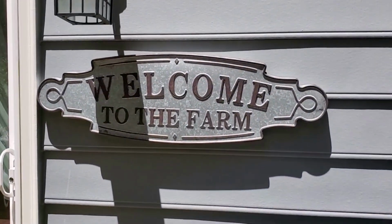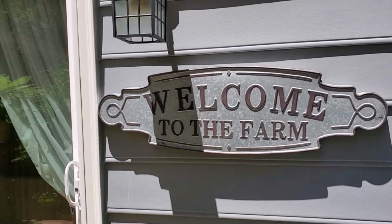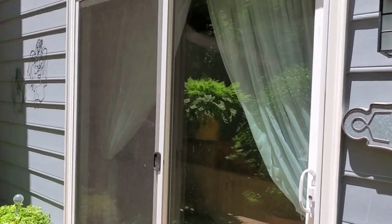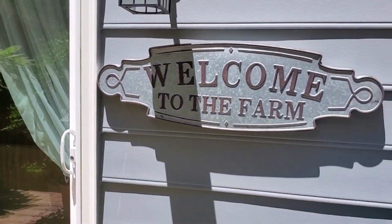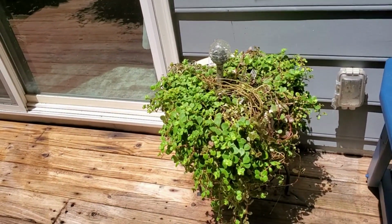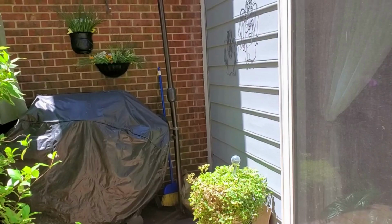This sign here, welcome to the farm. I picked this up a couple of years ago from Hobby Lobby. And we only have one light fixture out here on this side. I'm thinking about having another added just for symmetry on the other side. And I have that sitting on this side of the slider and that one sitting on that side of the slider. And on the wall over here